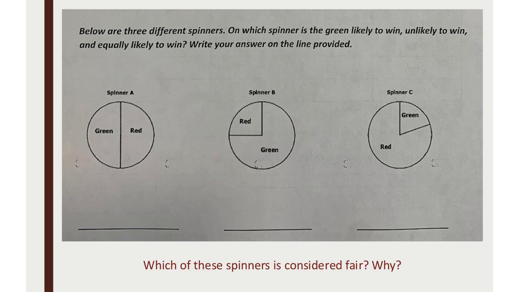But a question about these spinners, and this is going to bring us into something else. Which of these spinners would you consider to be fair? Every person in this room should be so well acquainted with things being fair. It's the argument ever since you guys were like 2. It's not fair. Eleanor. Okay, spinner A is considered to be fair. Why is spinner A considered to be fair?